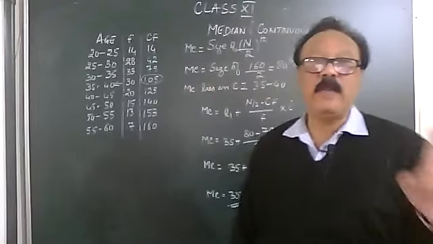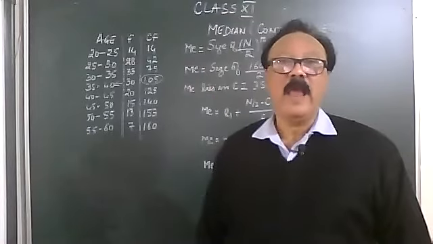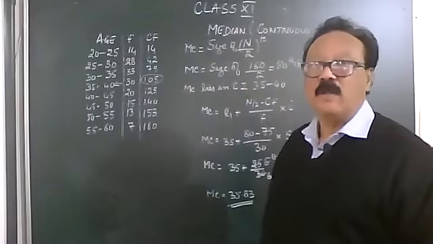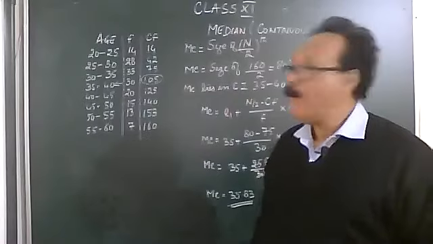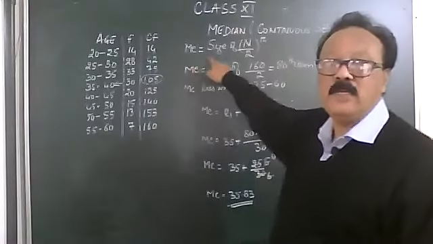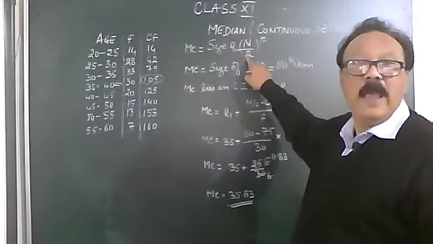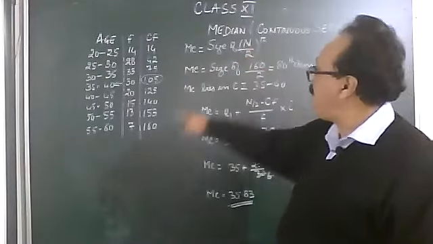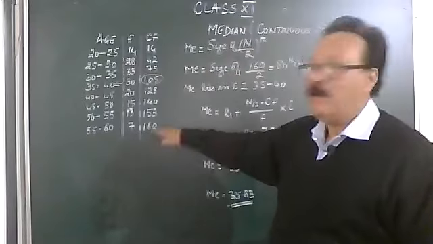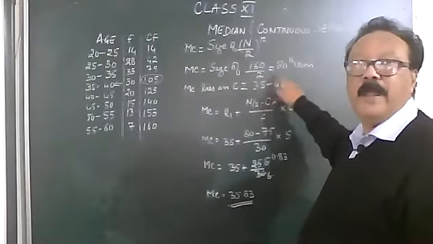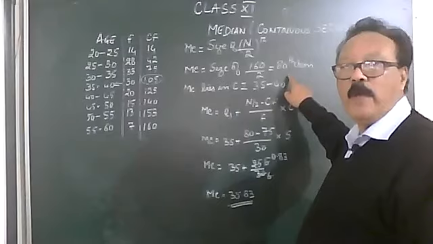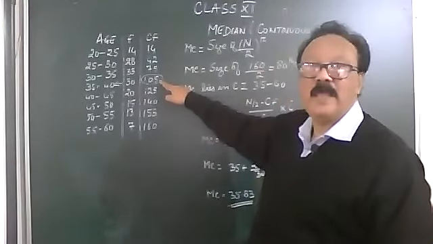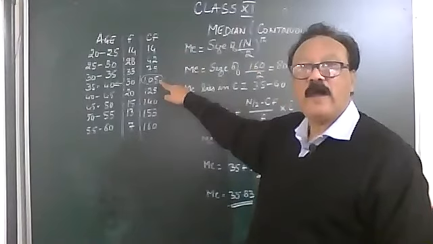So for individual and discrete series, the formula will be n plus 1 upon 2 item. But in a continuous series, there is a slight change. The change is median is equal to size of only n by 2 item. Now median is equal to size of n value is the maximum, 160. 160 upon 2, 80. 80th item. Where do we spot the 80th item? We look for it in the CF. 80th item will lie here. You can circle it. Why do you circle it?